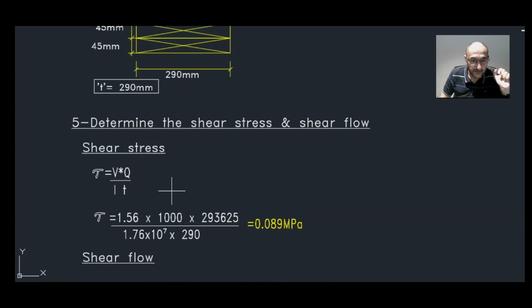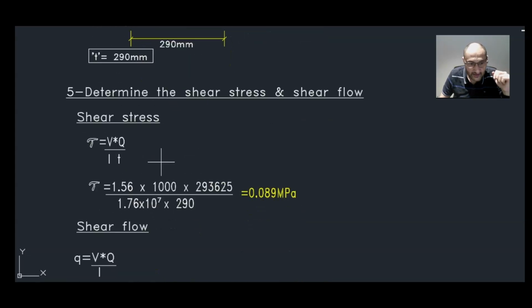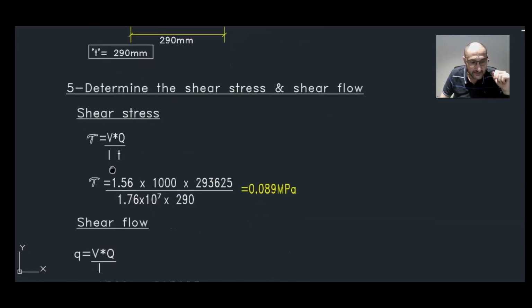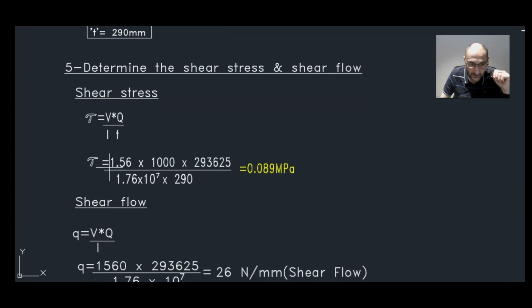The fifth step is determine the shear stress and the shear flow. Now the shear stress, tau, is equal to VQ over IT. Therefore, tau is equal to 1.56, which is the shear force, multiplied by 1,000, we're converting everything into Newton, times 293625. That's the first moment of area, divided by I, multiplied by 290. Okay, and that will give us